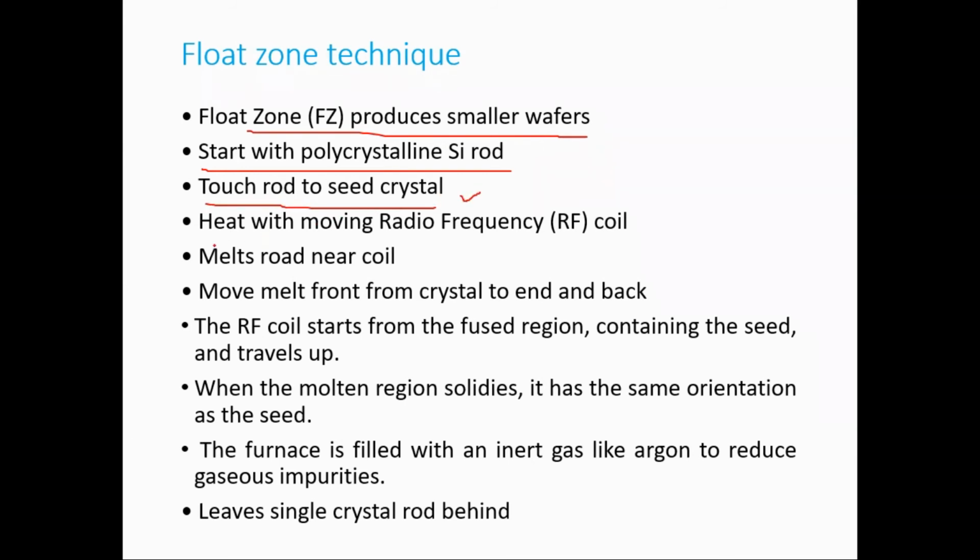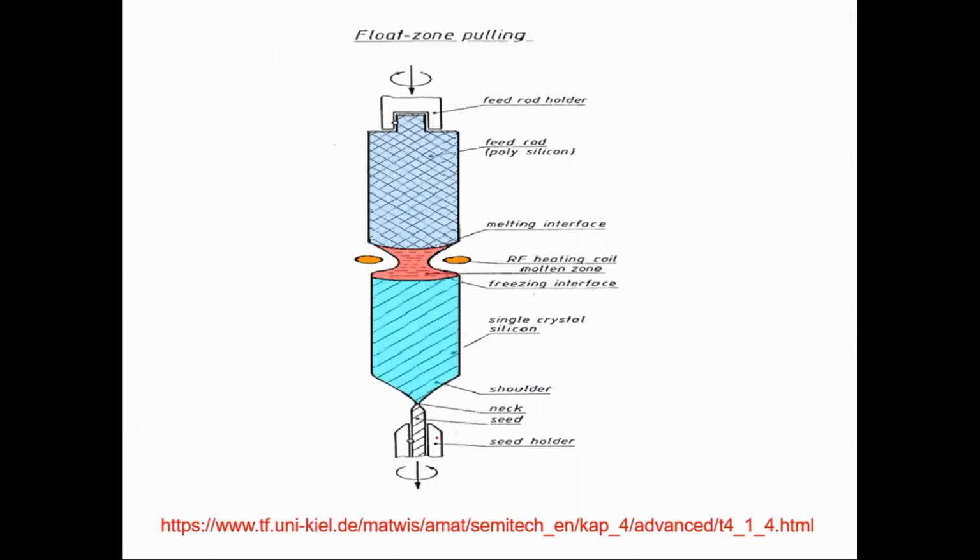Then in this, what happens? This is actually the thing. Here you can see this is your seed holder, and this is your RF heating coil. So it heats it up. Your entire rod is being passed through this, and it is being rotated in the opposite direction, in this direction as well as in this direction. When you heat it up, it gets melted. But as you are putting a seed crystal here, it resumes a particular geometry using this. So this is being rotated, as well as this entire thing is moved from here to here.